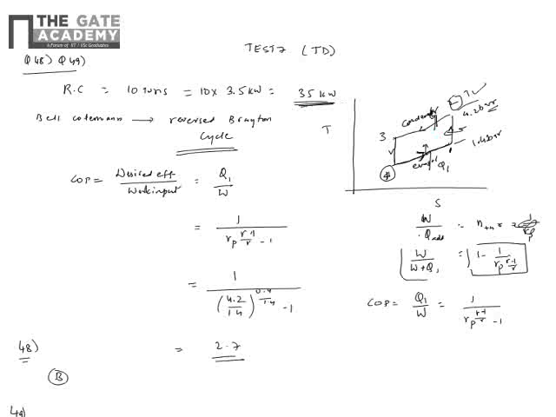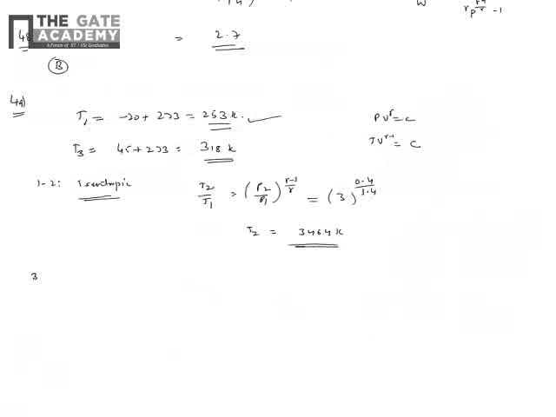so I know how much heat it takes in from 4 to 1. So I need to find T4. Now how do I find T4? Let's apply that 3 to 4 is also isentropic. In fact, I need not find T2, T2 is of no use. So straight away, T3 by T4 is (P3 by P4) whole power (gamma minus 1) by gamma. P3 by P4 is 3.4 by 1.4. I know T3, so from this I can get T4, and the T4 value comes out to be